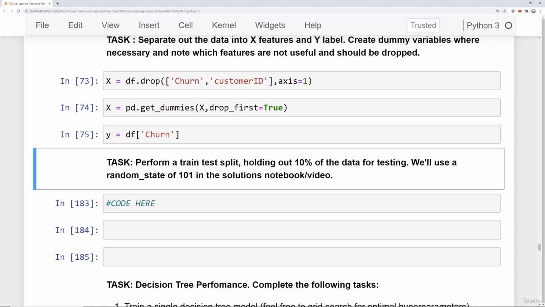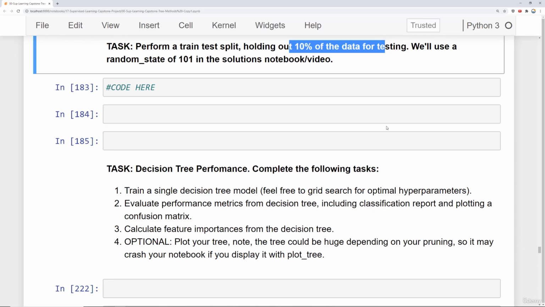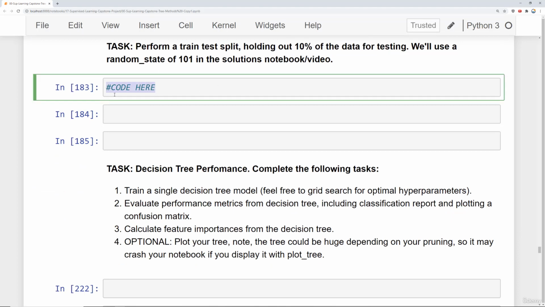All right, so what we have here now is to perform a train test split. We're going to use 10% of the data for testing, a holdout data set here, and we'll use a random state of 101. There are different ways you can do this. We won't focus too much on running a grid search since we don't want to take too much time here, but again, it's up to you to try to squeak out some better performance. So we'll say from scikit-learn model selection,